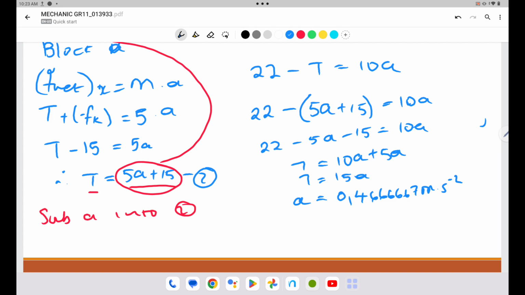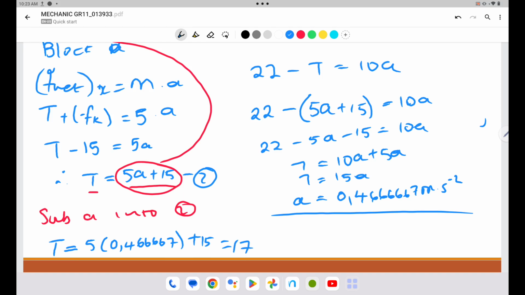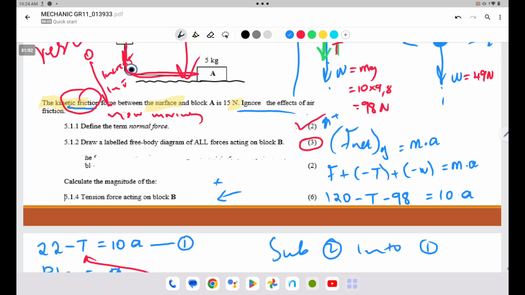So this means that the tension is equal to 5 multiplied by 0.46667 plus 15, which will be equal to, let me see, that is multiplied by 5 plus 15. If I round it off to 2 decimal places, that will be the magnitude of the tension. Okay, let's just verify if everything is good. We have